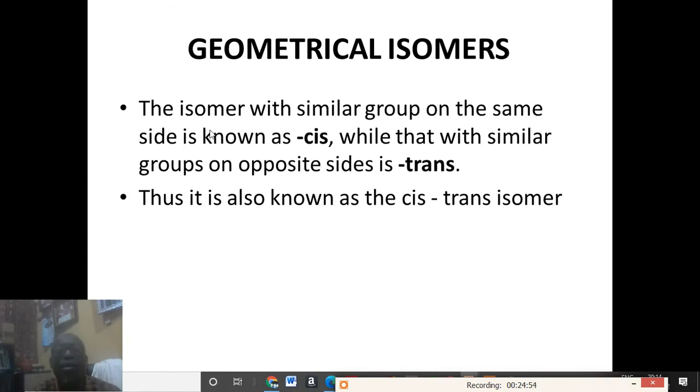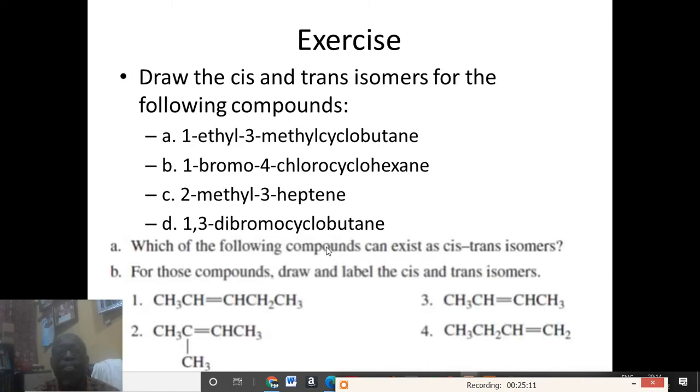The isomer with similar groups on the same side is known as the cis isomer, while that with similar groups on opposite sides is known as the trans isomer. Thus, geometrical isomers are also known as cis-trans isomers. Then you have these simple exercises for your practice. Draw the cis and trans isomers for the following compounds: 1-ethyl-2,3-dimethylcyclobutane, 1-bromo-4-chlorocyclohexane, 2-methyl-3-heptene,